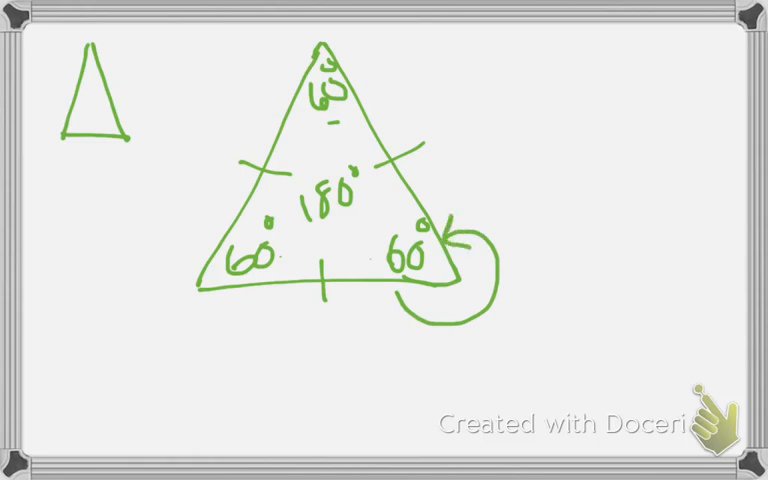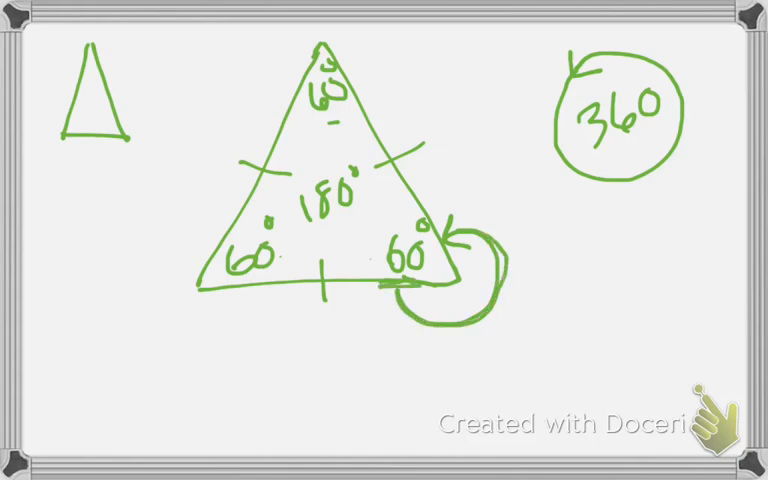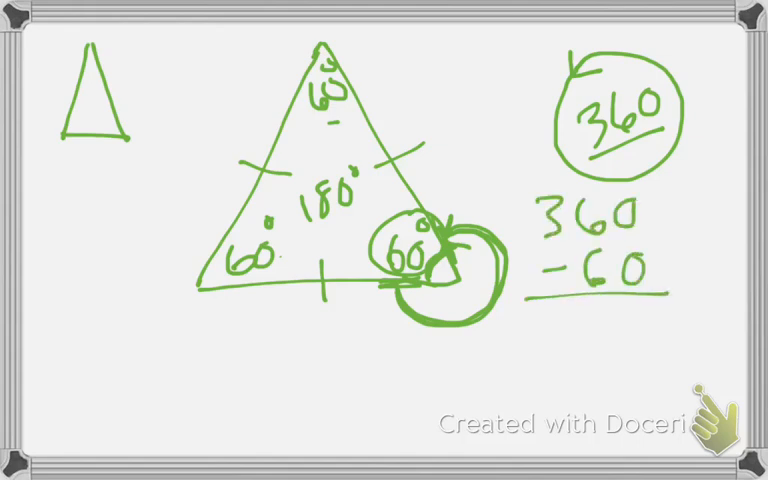Well, if I went all the way around, that would be 360 degrees. Well, I'm not going quite all the way around. I'm going just from this side of the triangle to that side of the triangle. So what I need to do is take out this much of my all the way around, my circle. We know that that much is 60 degrees. So I'm going to take out 60 degrees from 360. 360 minus 60 gives you 300. Okay, so this side, the exterior angle of this triangle right here